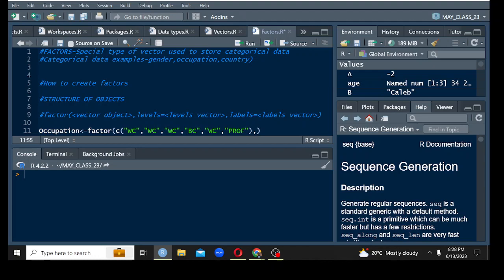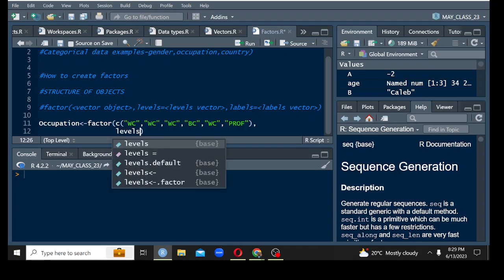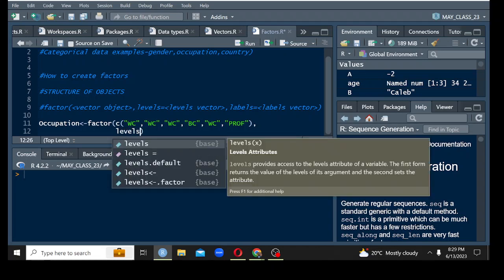Once you put a comma, because I want our work to be organized and easy to read for anyone, press enter on your keyboard so that it goes to the next line. After that, based on our structure, you put the next argument called levels, to be equal to